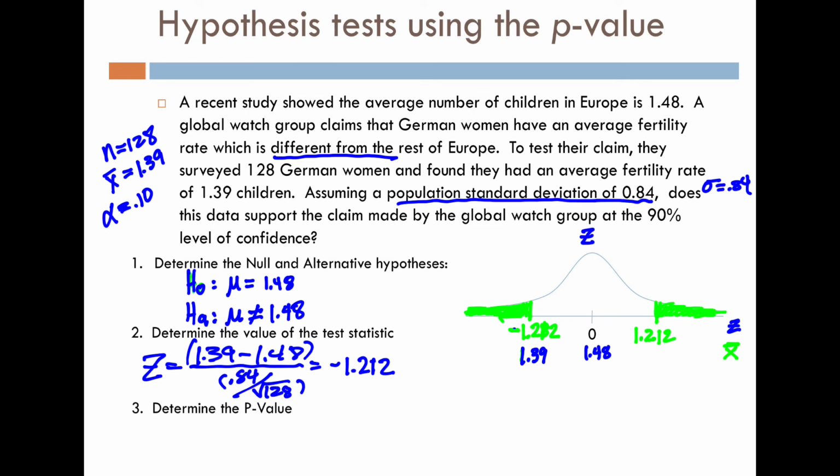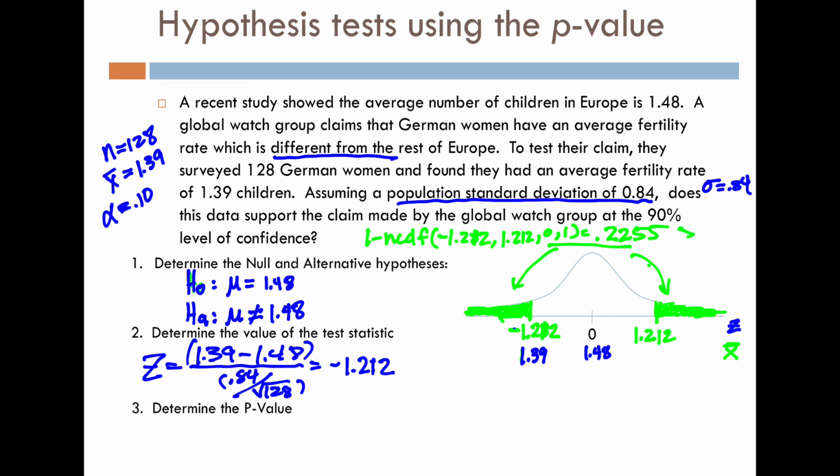So the p-value is going to be the sum of those two areas. And so we'll go with 1 minus normal CDF, and we will write in the two boundaries and just subtract that from 1. And it should come out to 0.2255. So the sum of those two areas,